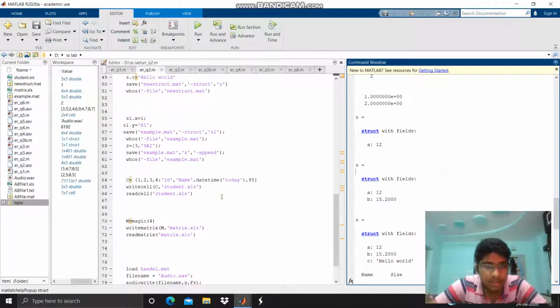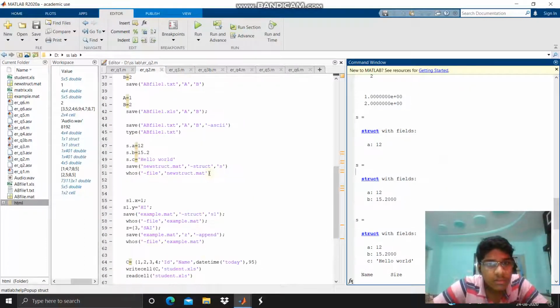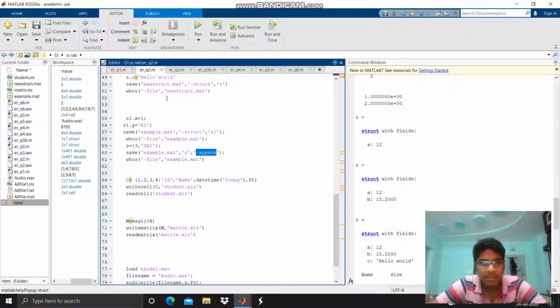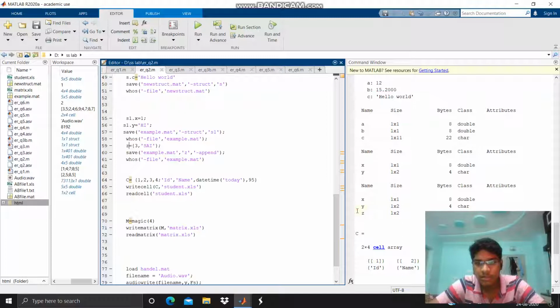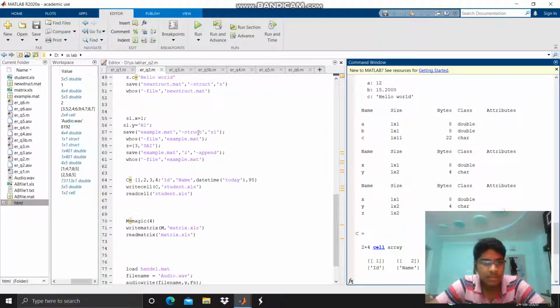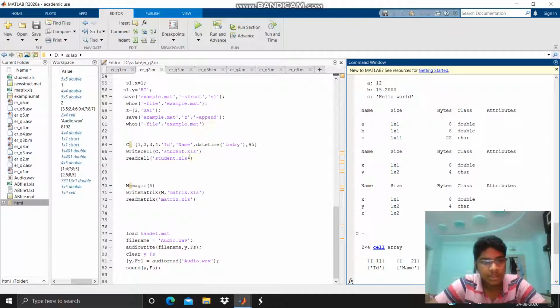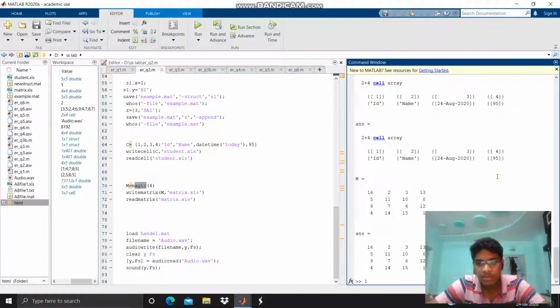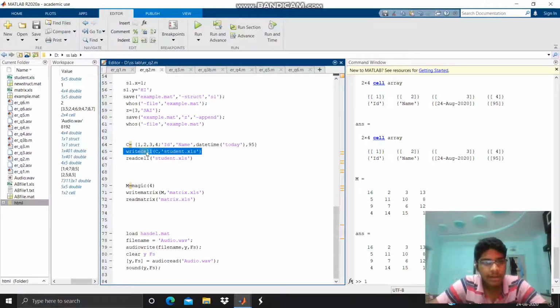Here it is, we use append if you want to add any extra variable, so that we will be appending a z variable here to the x and y. Here it is, we will get an extra variable z equal to z. So we will use this append function. Magic means we'll be using this magic such that there will be random variables. Cell is a type of an array. We use write cell to write the cell in XLS form, and to read the cell we will be writing the syntax.